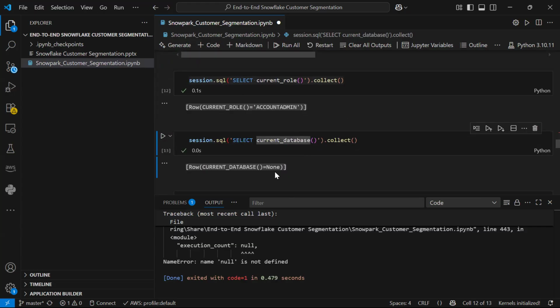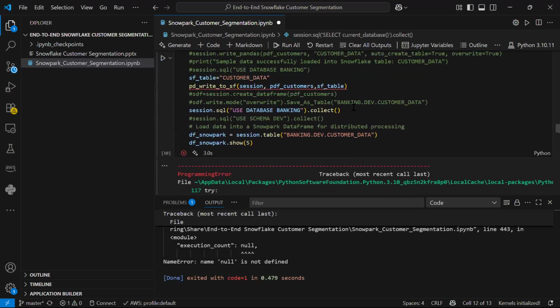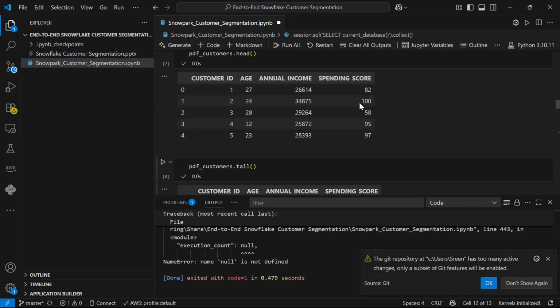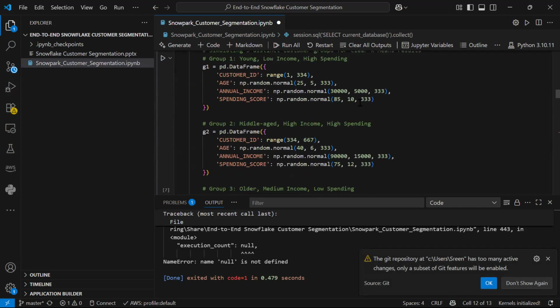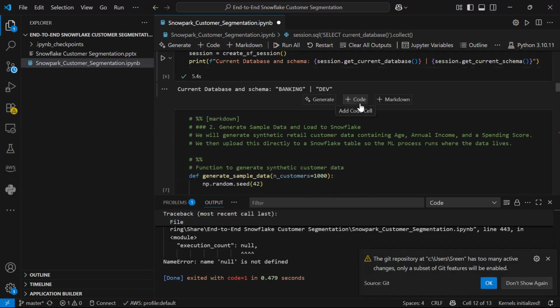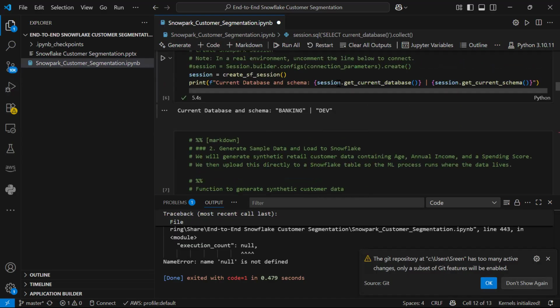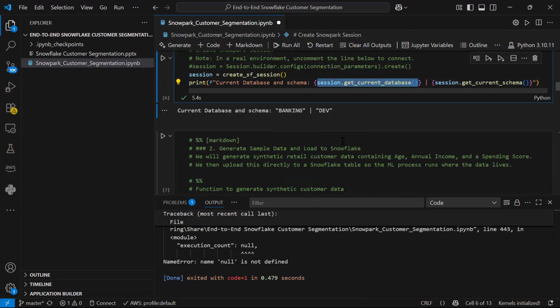Oh, why is it saying none? Strange. See, here it is clearly showing where we displayed that also, the current database and schema. The session.current database. But we didn't do use, right? It is just printing your database.